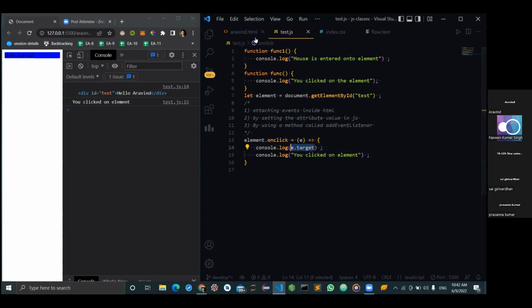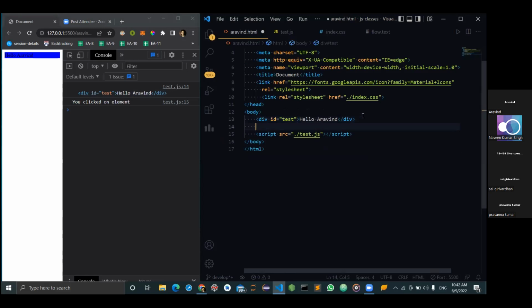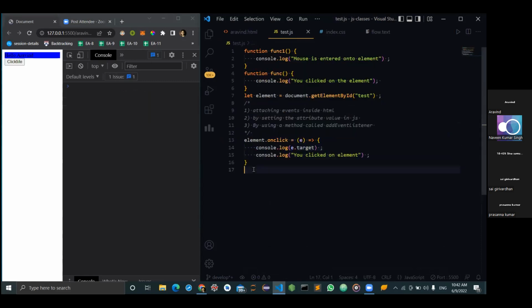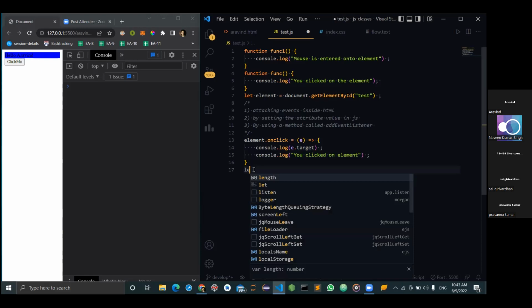Now for example, if I try to create another button here, and in this button I'm going to give something like click me, and now I want to attach an event, and upon clicking on this button I want to access all its properties. How can I access? Simply, firstly I need to capture that element. Button is